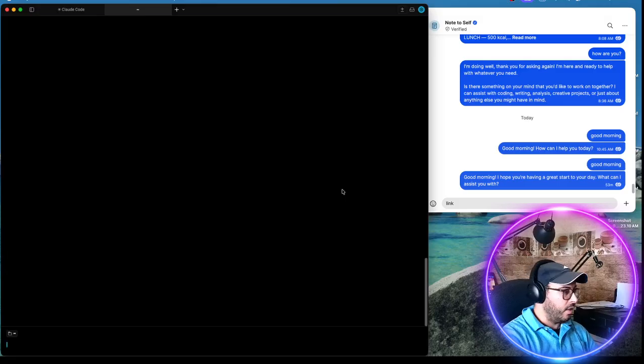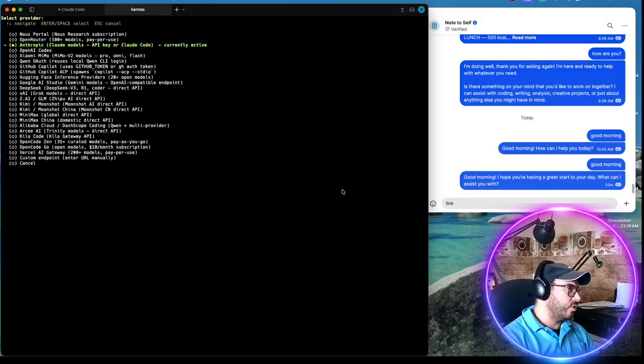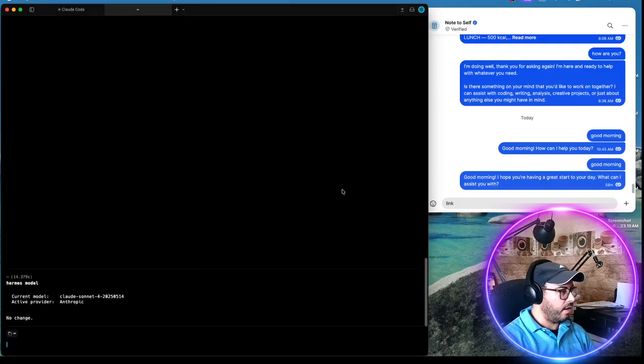First of all, let me show you. Let's do Hermes model. This is how we change between the different models, how we sign up. You can add API keys and all that, or auth different models if you so please. But for me, I've already created a script that automates the whole thing for us. So if you go Hermes